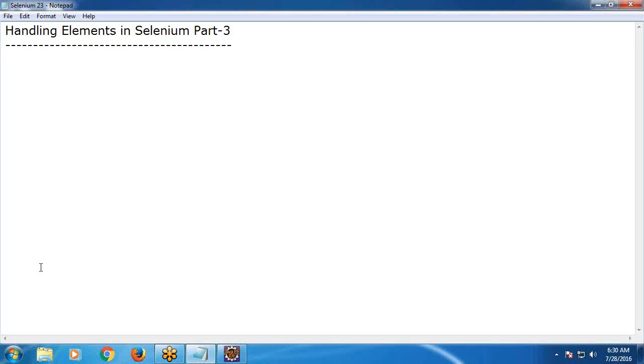Handling elements in Selenium, part 3. See, in the first part of handling elements in Selenium, part 1,